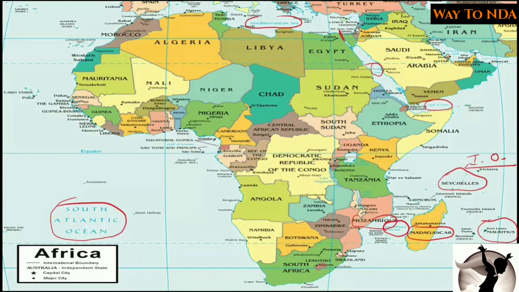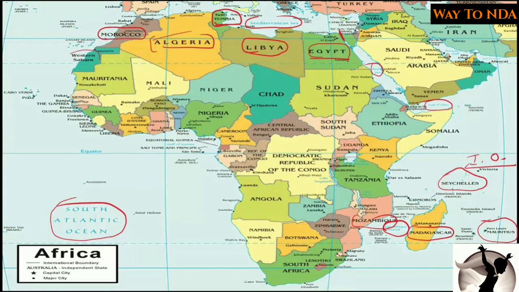Now, which are the important countries in Africa? First, this is Egypt, then this is Libya, this is Tunisia. Tunisia is very important because the Arab Spring started from here. Arab Spring means the revolt, the civil war which started and which we now see going on in the Middle East and Africa. Tunisia was the first country where the civil war started. Then this is Algeria, then this is Morocco,